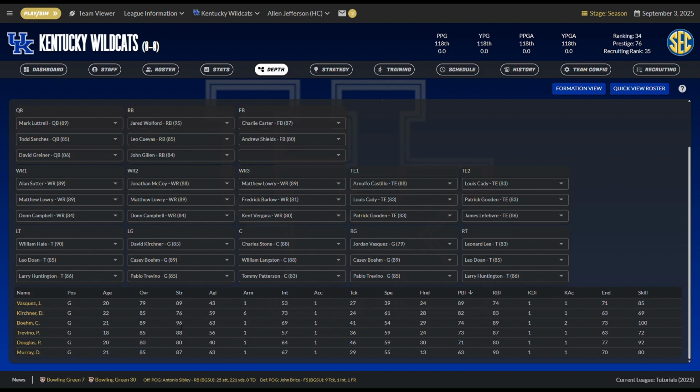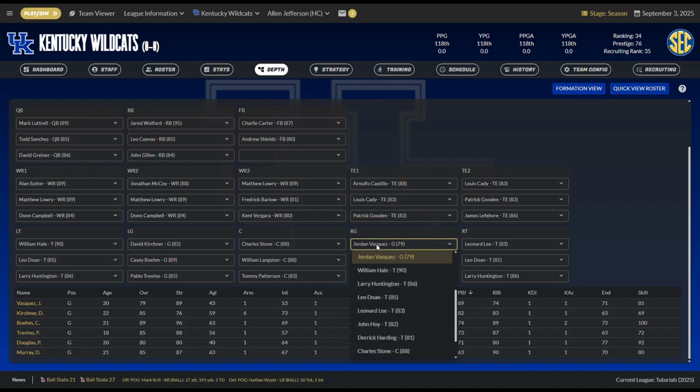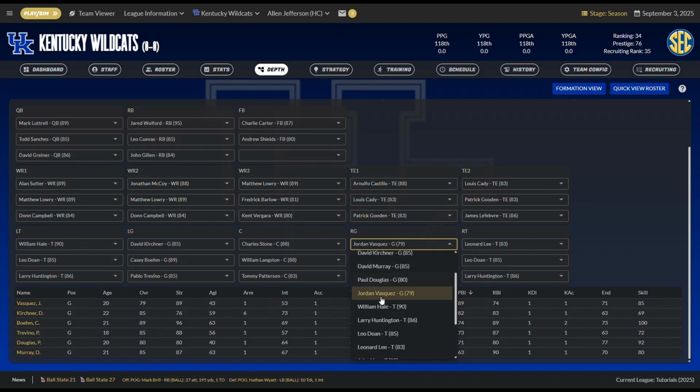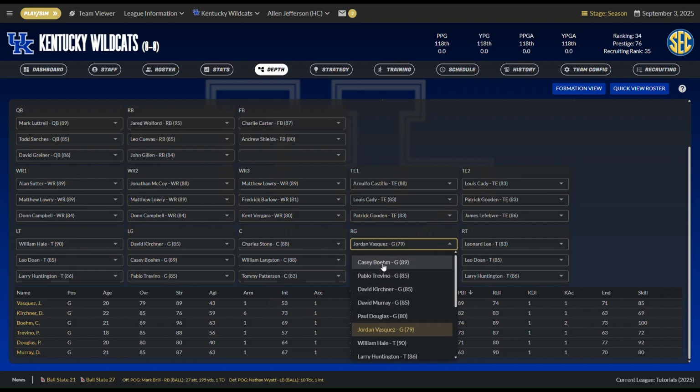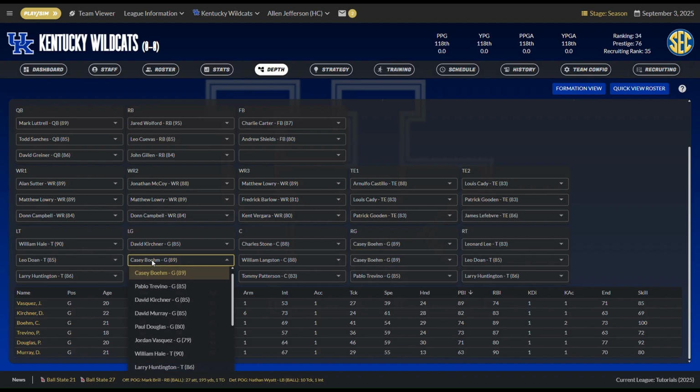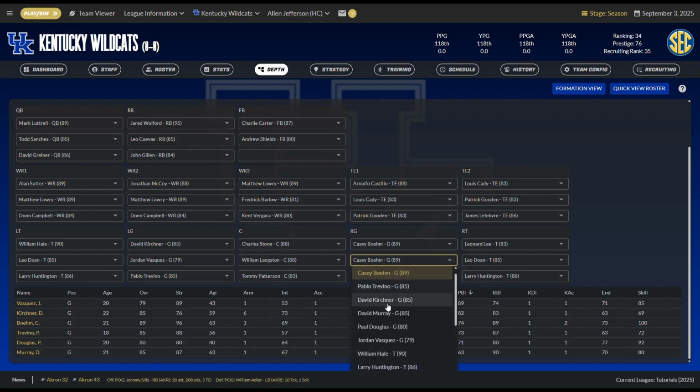Actually, now that I look at this again, I might even switch that. On the inside, I really want guys that can anchor. Yeah, I did this real quick. I think I would actually switch, but